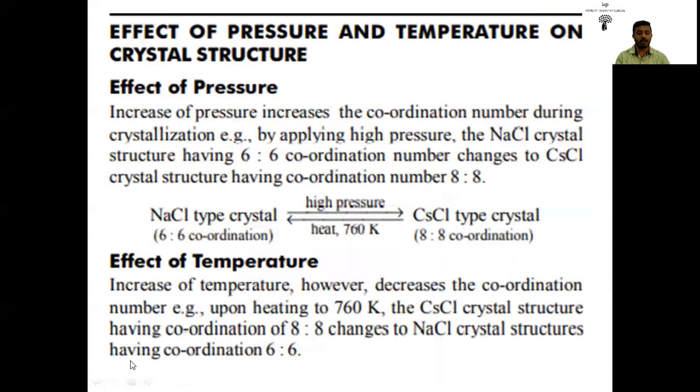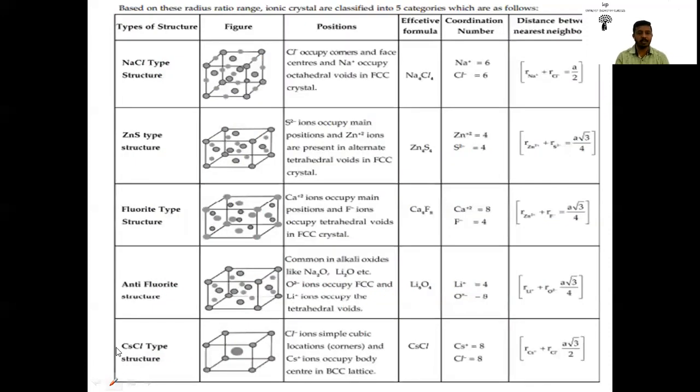Here Cl minus occupies corners and face centers, and Na plus occupies octahedral voids in the FCC crystal. The coordination number for cation is 6 and for anion is 6, and the distance between nearest neighbors is a by 2. Then the zinc blende type of structure, which is also known as